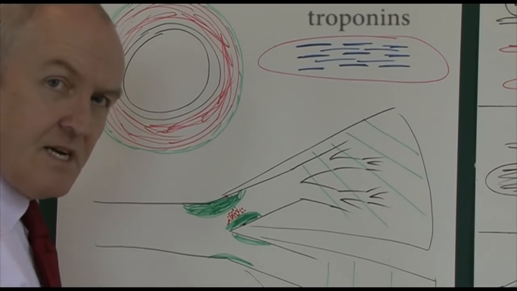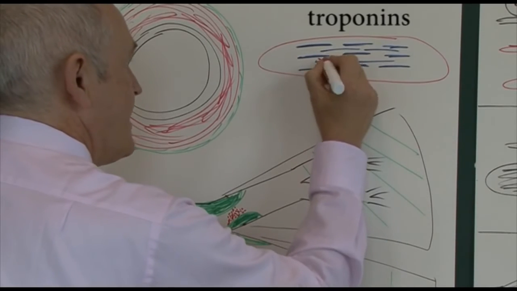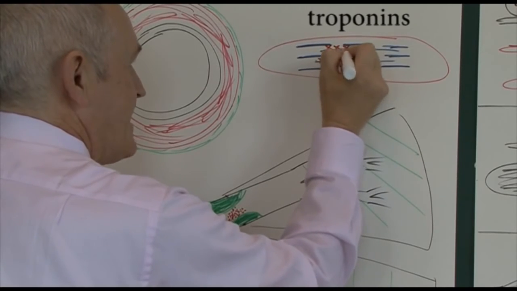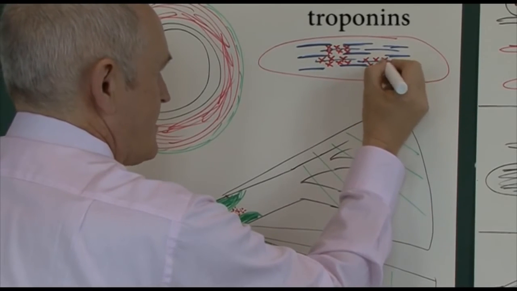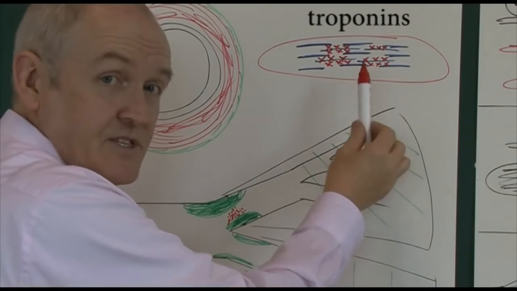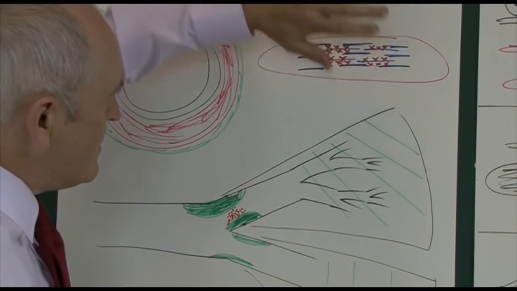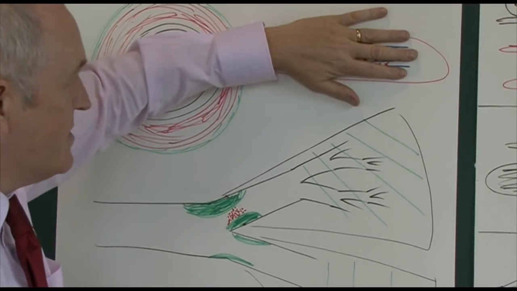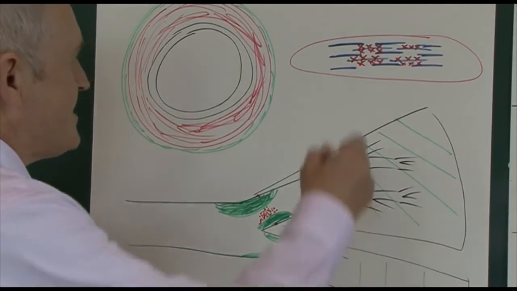Now, the troponins are associated with the actin component of this. So there's troponins in here like this. This is where the troponins live physiologically. They regulate contraction of the actin and myosin strands. So normally the troponins associated with the actin filaments are tucked up inside the cell there. But if the blood supply to this cell is reduced sufficiently, as we're describing now in the non-ST elevation myocardial infarction situation, what that means is this cell